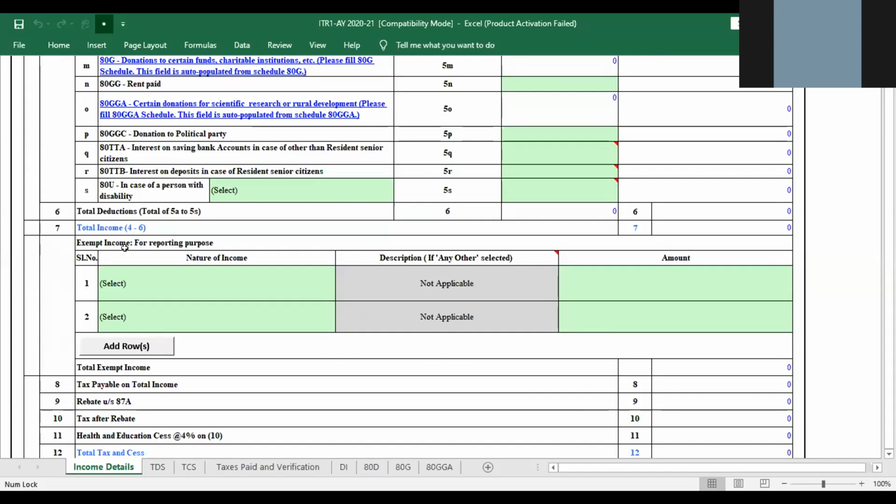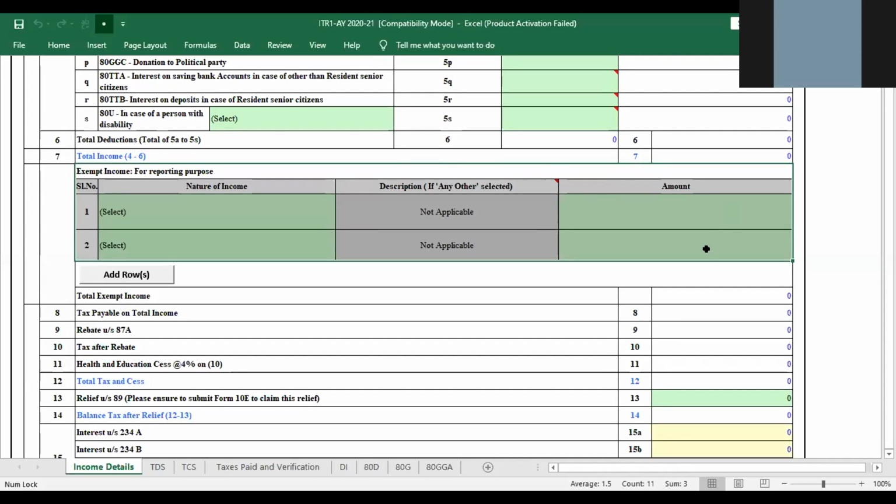This column over here represents your exempt income. So if you have any agricultural income, or if you have received dividend on any shares, please remember dividend, not interest or income from mutual funds. So there are certain dividends which are exempted. Exempted means that that income shall not be considered for the purpose of taxation. You receive the income, it is your white income, but for the purpose of taxation, it shall not be included in your total income. You have to just disclose those numbers over here. You have to write where you got that income from and the amount of the income. It is mandatory to disclose, though these numbers will not come into calculation anywhere.